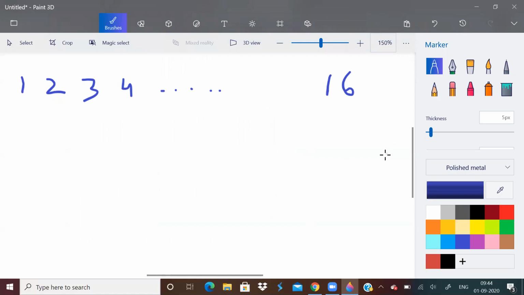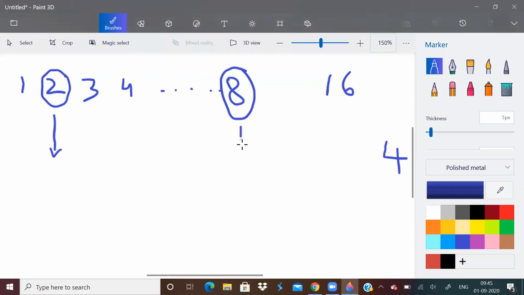Okay, why is the answer 4 here? The answer is 4 because we can select box number 2 and we can select box number 8, because both of these are part of a formula which is 2 into i into i. In this case, 2 is equal to 2 into 1 into 1 and 8 is equal to 2 into 2 into 2.